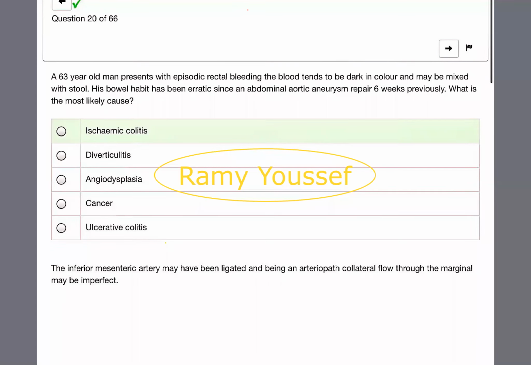Anyone know the name of the artery that supplies that is obstructed or disturbed in this repair that may cause the anterior spinal cord syndrome? Name of the artery? Inferior spinal artery? No. Very common in recalls. Very common in recalls. Yes. Adamkiewicz. Adamkiewicz, yes. It is something like this name. I can't remember the spelling exactly, but it's